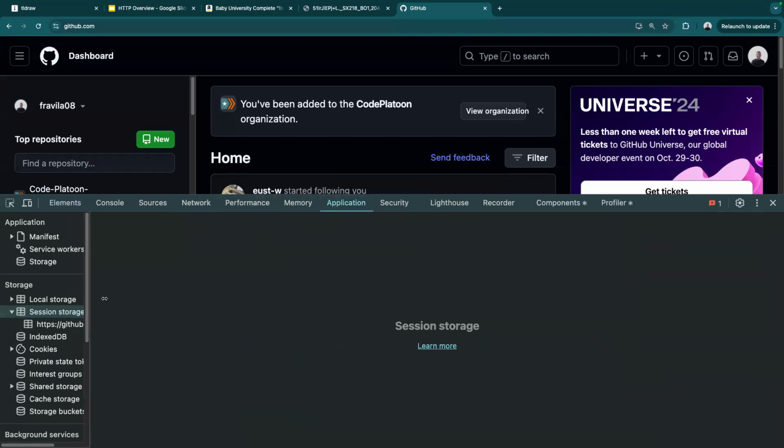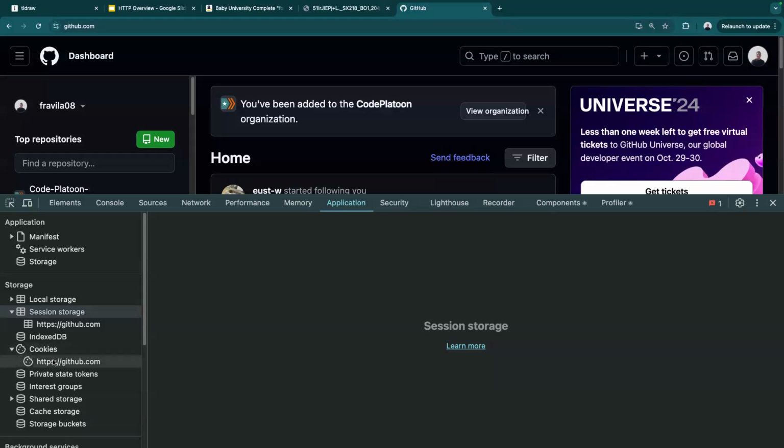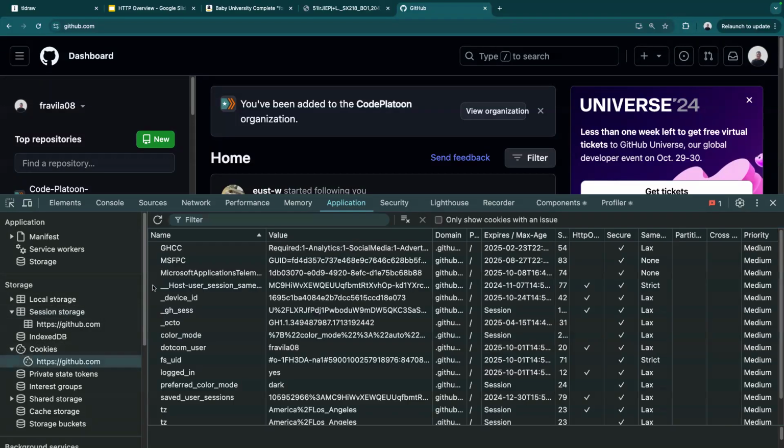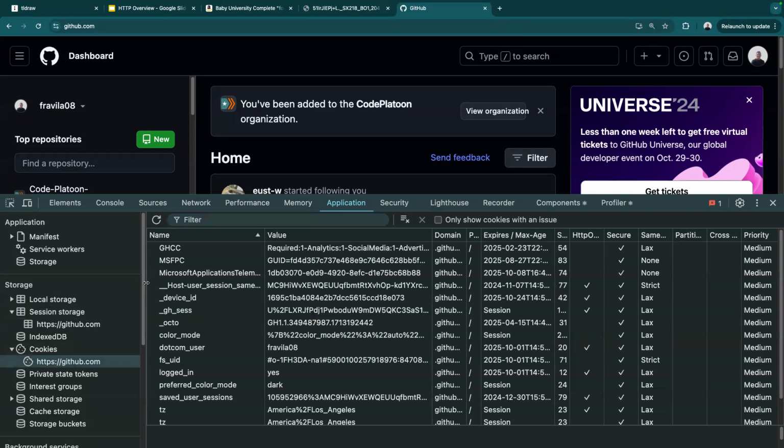And inside of Application, you're going to see this drop-down menu here on the left-hand side, where we have session storage. And then there's this thing called cookies. Well, if I take a look at cookies, you'll see that my browser, right? These are all the cookies that my browser is holding. This isn't necessarily just GitHub. Google Chrome is holding all of these cookies because all of these different sites that I used sent